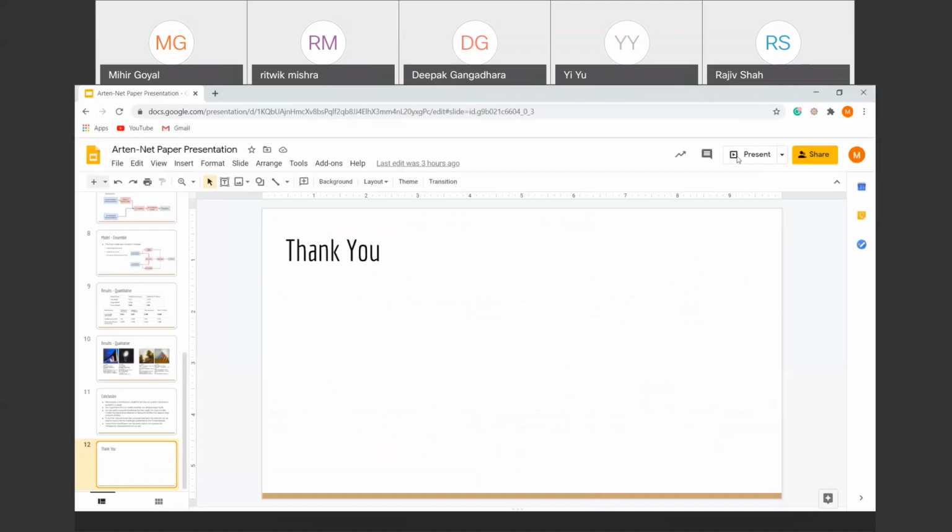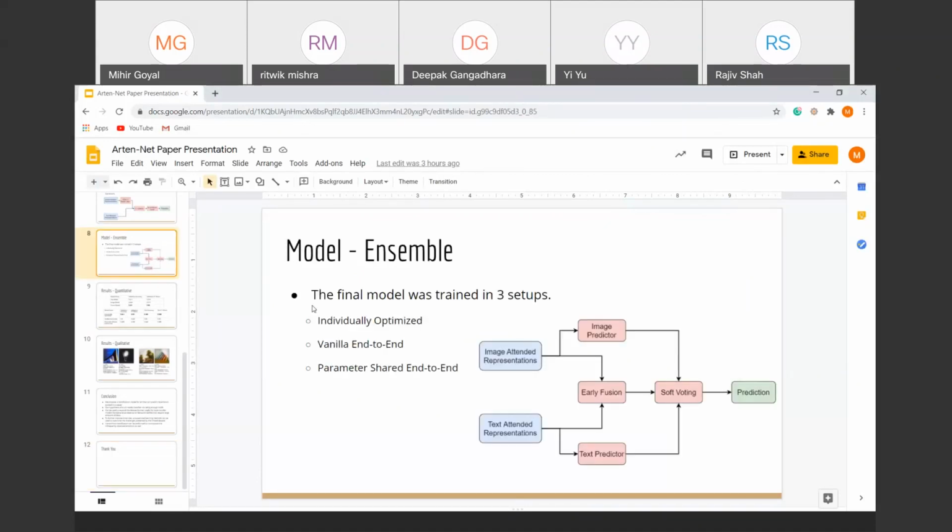Yeah. So, anybody there with a question for Mihir? Hello. Yeah. Can you explain more details about your model? So you introduced your model as an end-to-end architecture. Can you show the slide of the model?